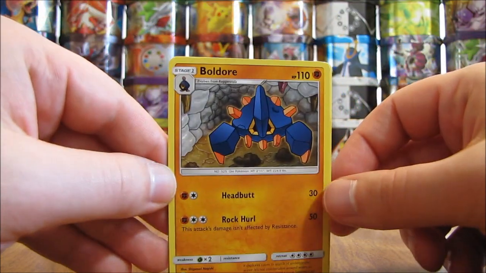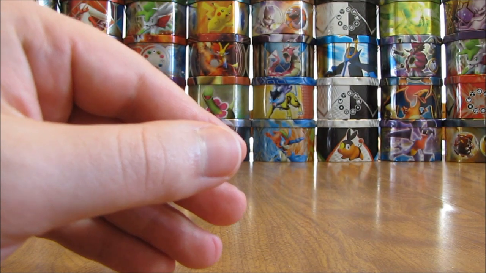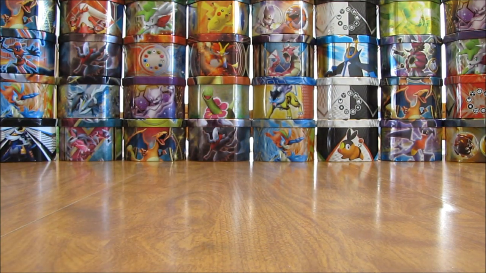Again, you could look at a Gigalith card and see what those do. It may be worth including Gigalith here, setting up this entire line on the bench, and then moving it to the active Pokemon spot. So next up here is